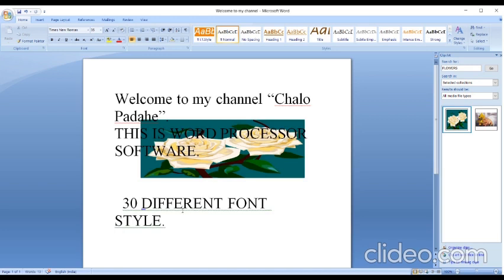Next topic is templates. How will you insert a template? What do we mean by templates? Template means formats which are already there. A template refers to a sample document. This is the document. I have gone to File, New. Already you are using the blank document. Blank document means everything you need to write, everything you need to do.